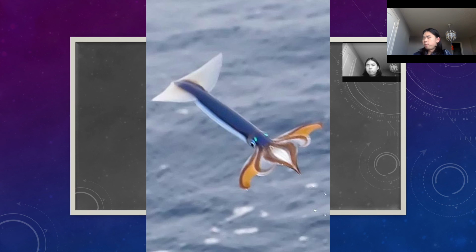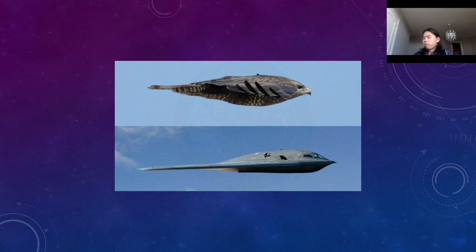We can see the arm in the front, followed by the skirt in a relatively smooth curve. While squids aren't exactly experts at flight, they're marine animals after all. So I'd say that if we want to learn something from squids, it's gotta be their streamlined shape and jet propulsion technique. In terms of wings, we can learn much more from birds than squids. However, nature is still our best teacher. I'm sure we are all aware that many things we see in life are inspired by stuff in nature. For example, the B-2 stealth bomber's shape resembles the shape of a flying hawk.